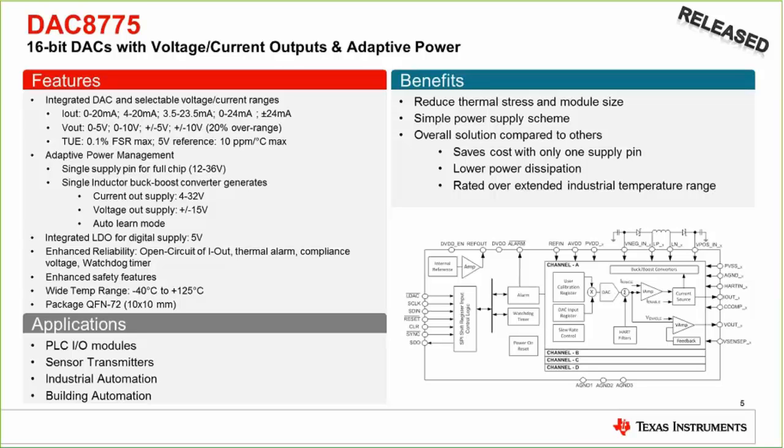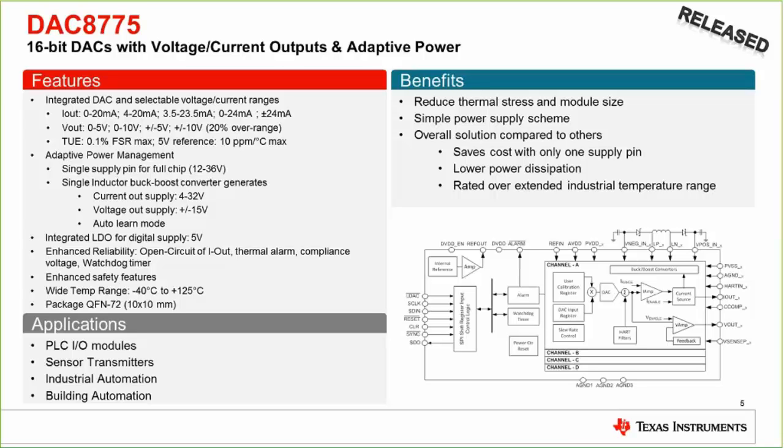So from a single supply from 12 to 36 volts, we do everything else, which is quite convenient when we're talking about the topic of reducing size, because now you don't have to generate 4 total supply rails in order to support the system. Again, on the topic of stringent safety standards for industrial, I mentioned this IEC standard, but there's also a need for redundancy in terms of intrinsic safety or ATEX or SIL ratings, and therefore we implemented some enhanced reliability features.